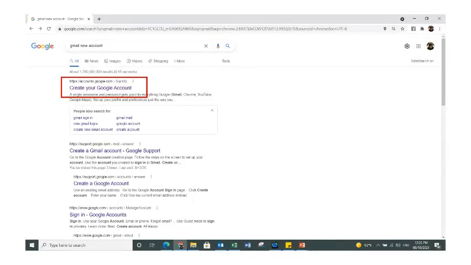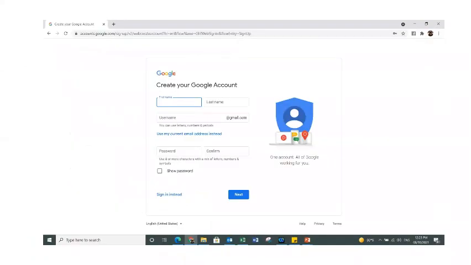When you click on this link, the system will take you to another screen where you can see a form. And this is the form where you will enter the details with which you want to create your Google account. So first of all, in the field first name, you need to enter your first name and last name.